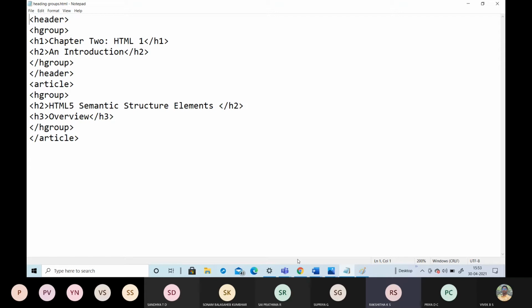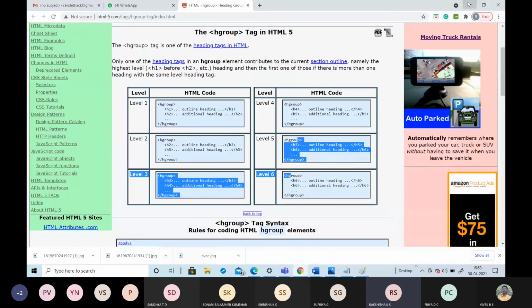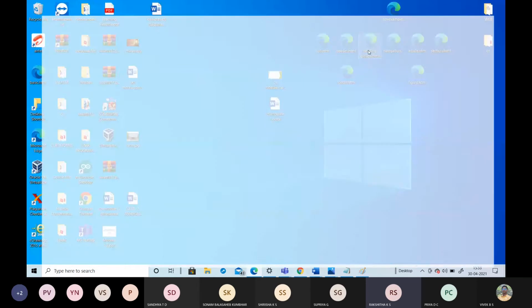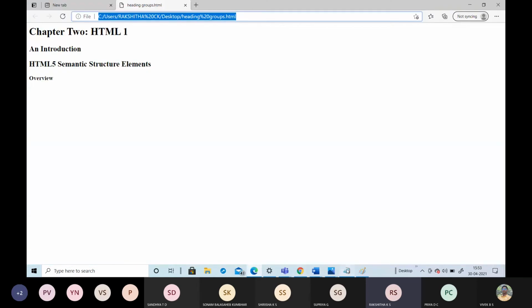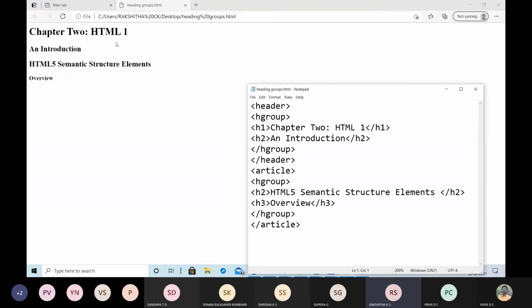Take a screenshot of this program. This is an example for heading groups. I will run that program. Look here, in the first header one, I have written a chapter to HTML1.